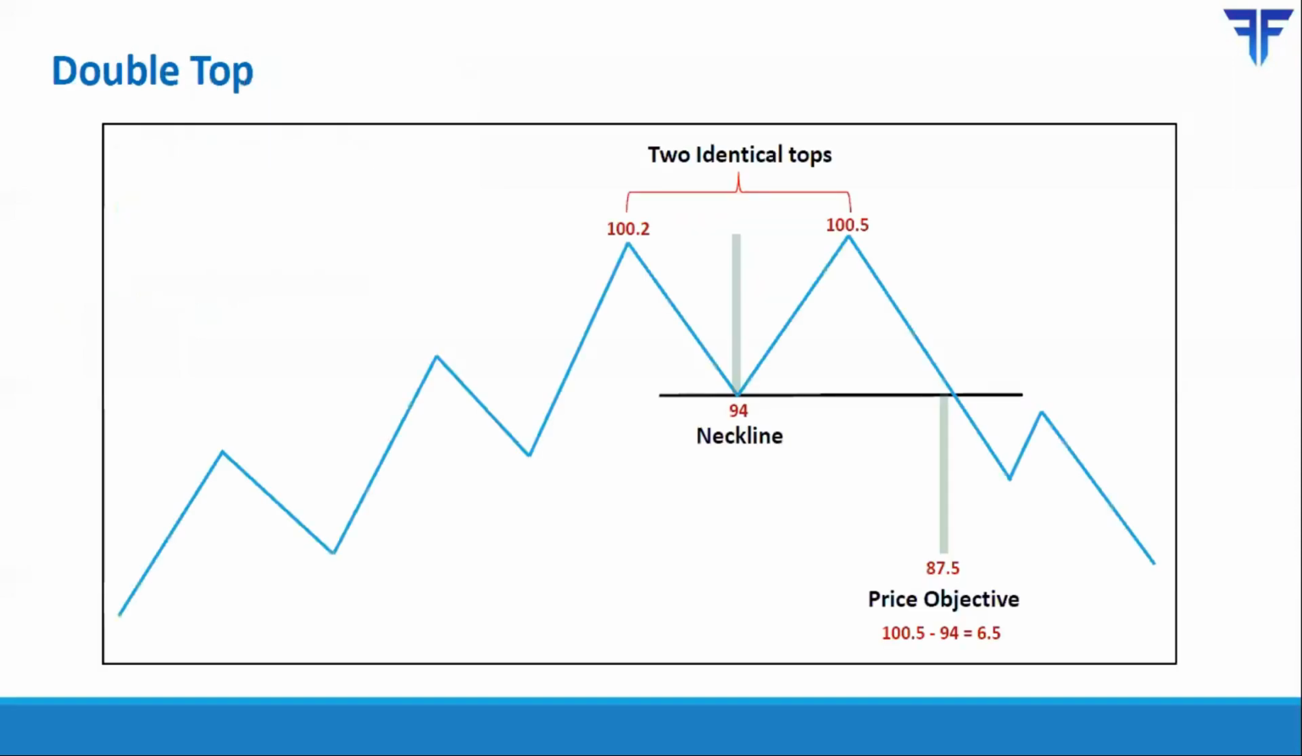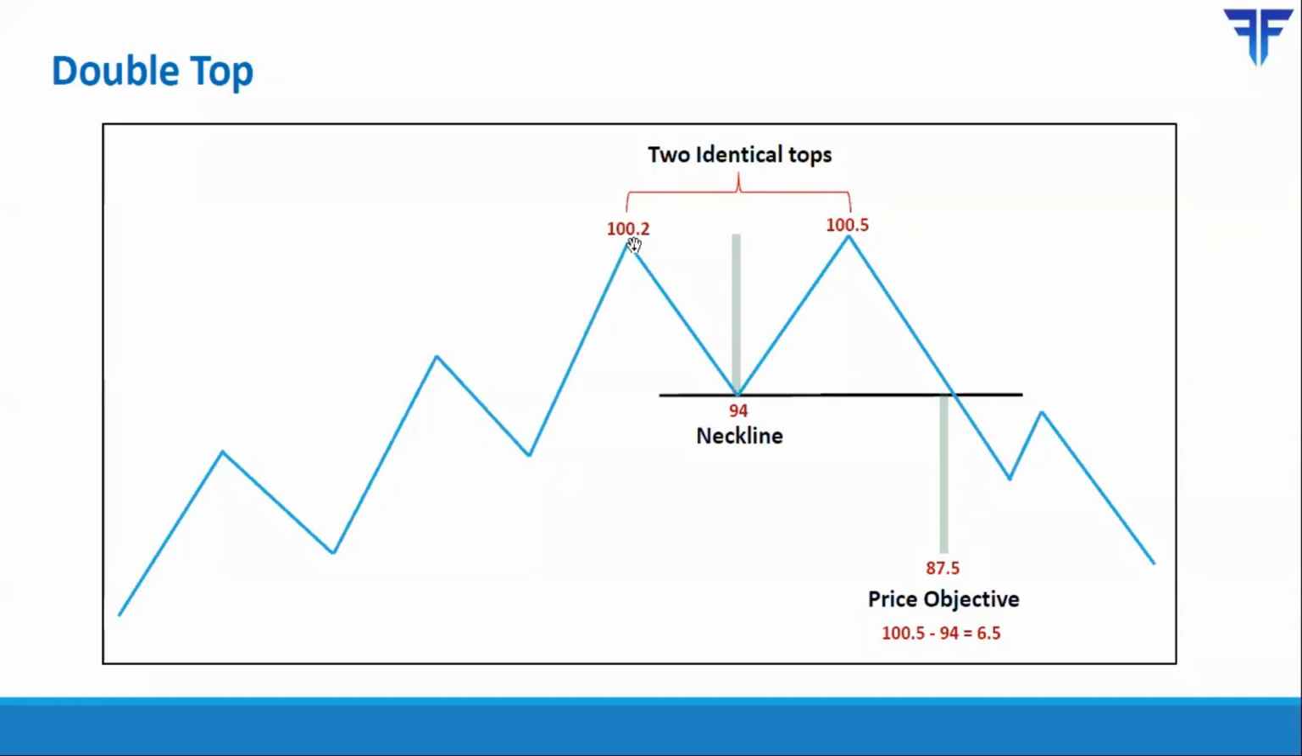So let us start with a double top first. A double top is a bearish reversal pattern. It appears after a sequence of higher highs and higher lows. That is, it appears near the end of an uptrend. So as you can see, price is consistently making higher highs and higher